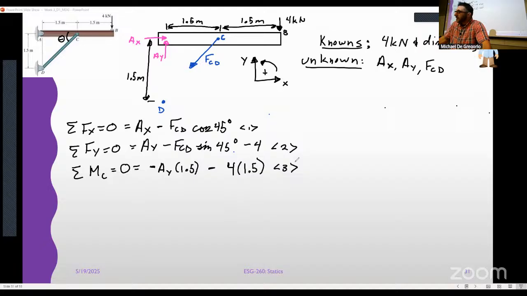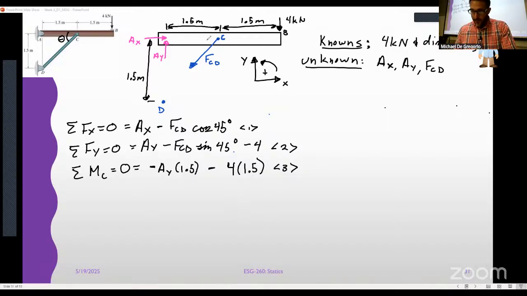Why don't you consider AX? Because when you draw this, the original diagram indicated that A and C are in plane, right? So a line would pass through both of these points in the center. And remember, I can move a force vector anywhere along its line of action. So AX passes through point C, and its perpendicular distance from point C is 0. All right. Good question.